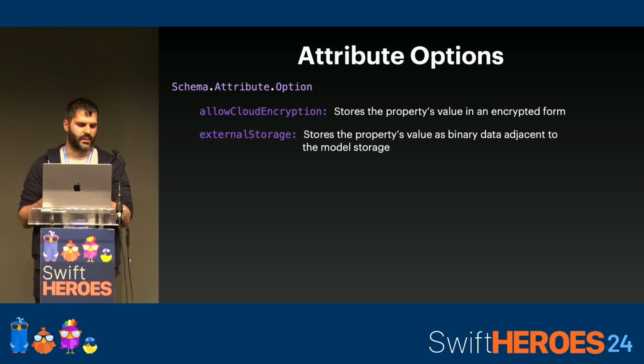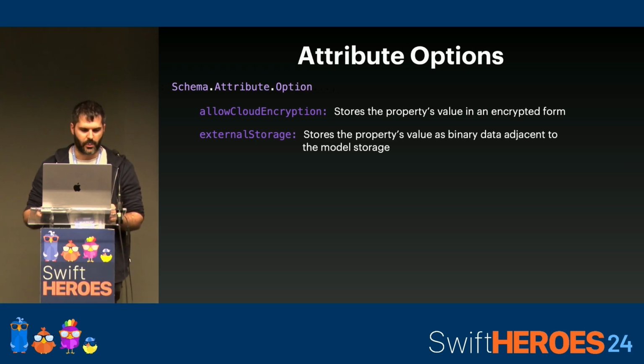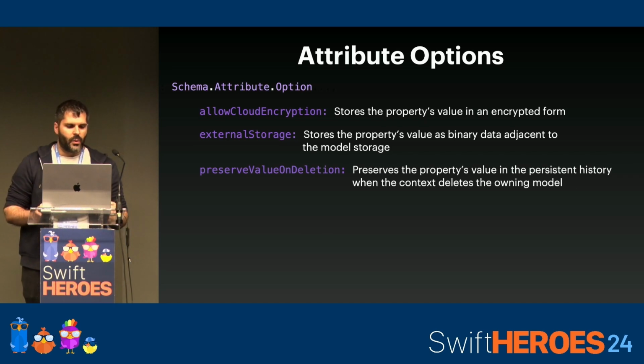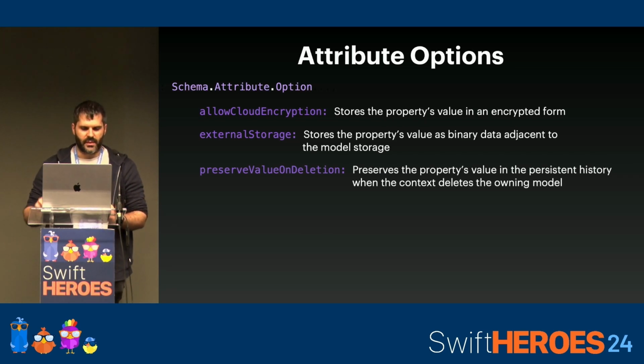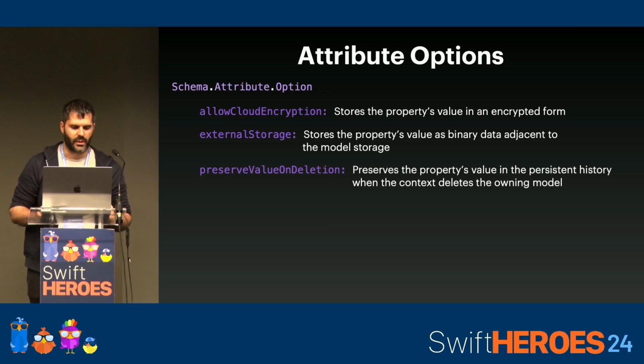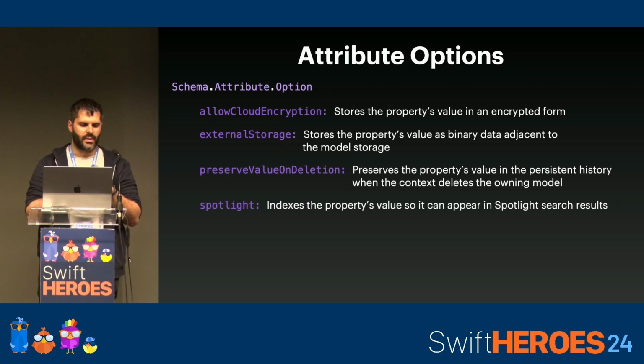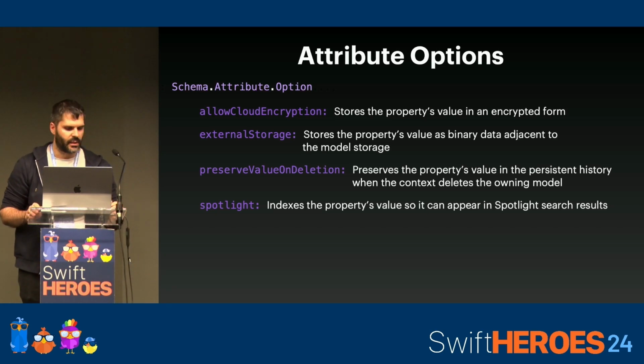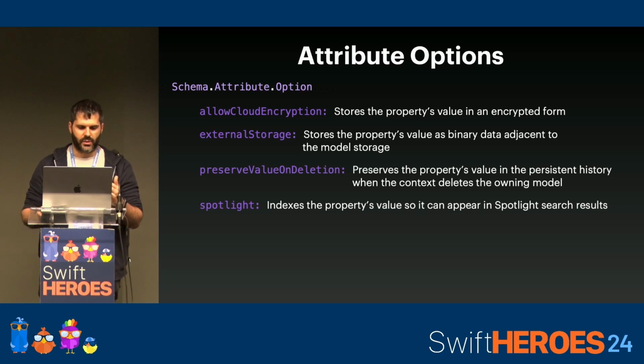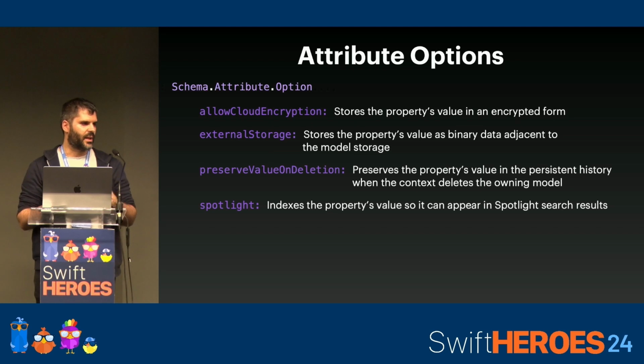For example, if we have big data, I don't want to locate it in our database, we can save it in a different part. We can preserve the property in a persistent history when the context delays, for example, the owning model. The spotlight parameter, we can use it to index the property in our spotlight. I tried this parameter and actually it doesn't work very well, so,